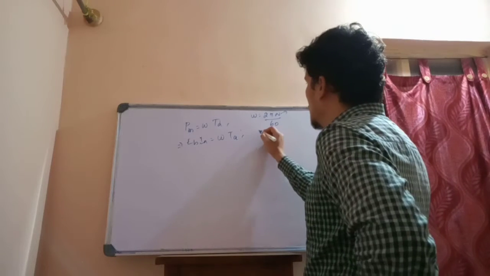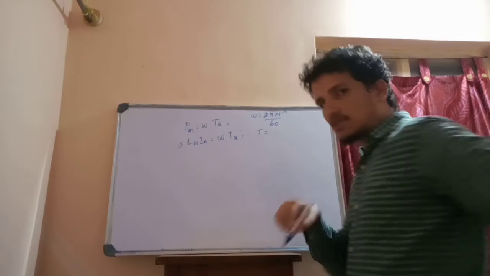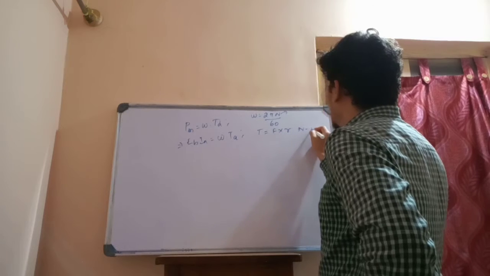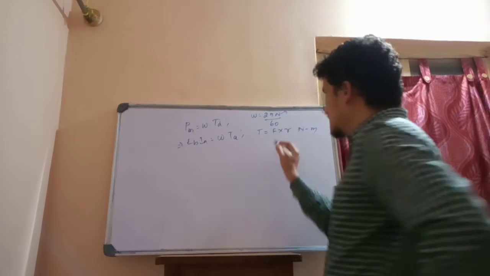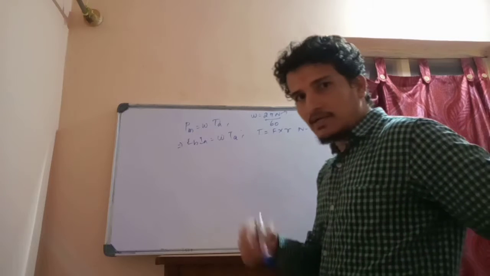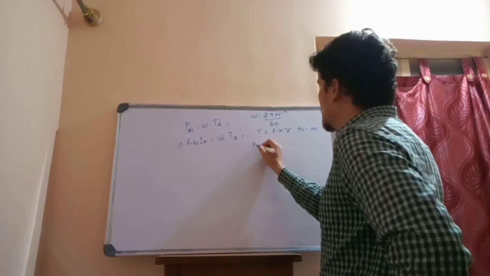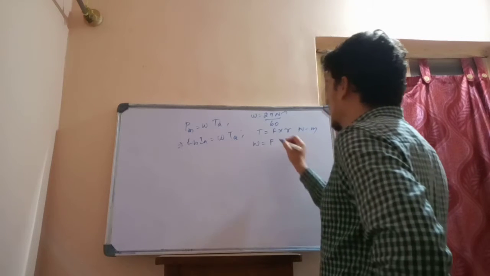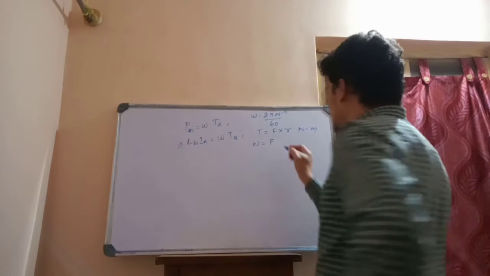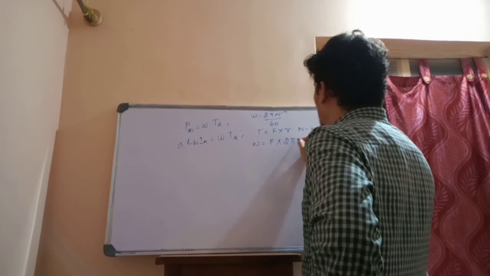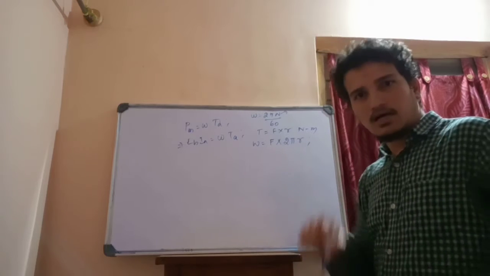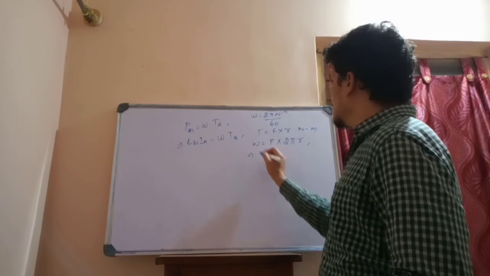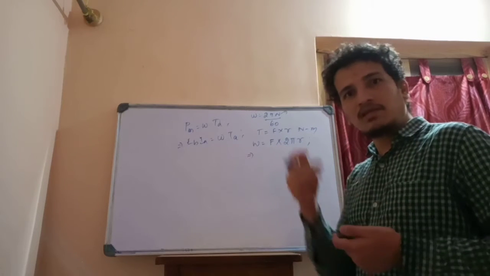It is very simple. What is torque? Torque is the turning moment, as I have already told. It is given by F into R, Newton meter. The work done by the armature in one revolution, W, is force into displacement. Force into displacement is what? 2 pi R, the circumference, where R is the radius of the armature. So 2 pi R.